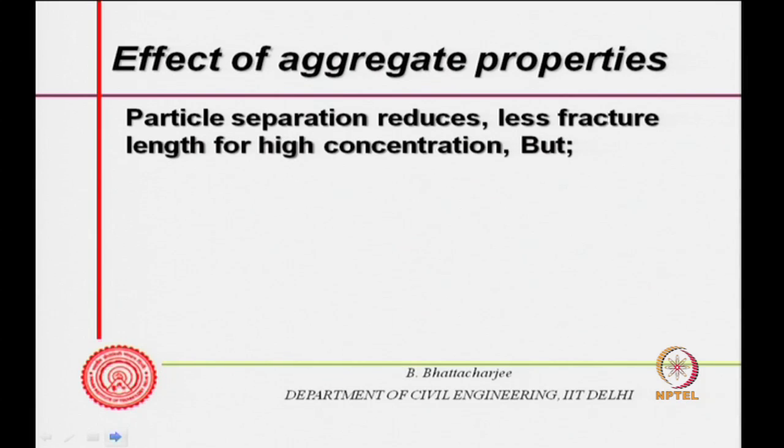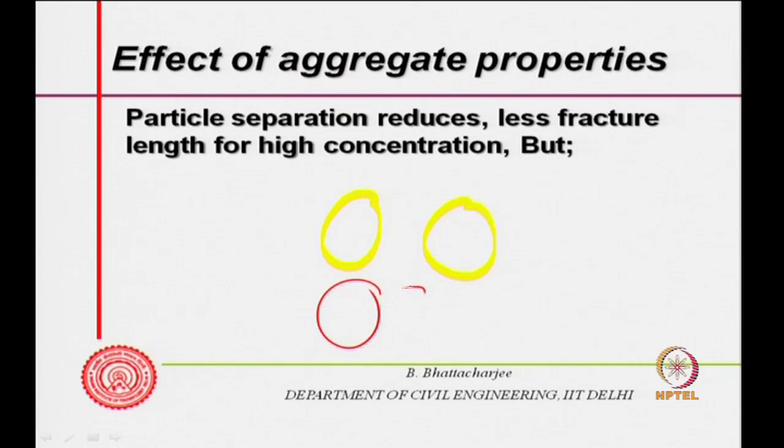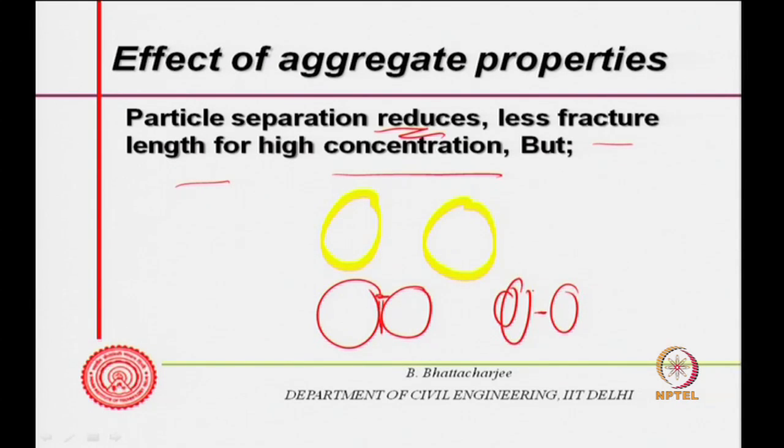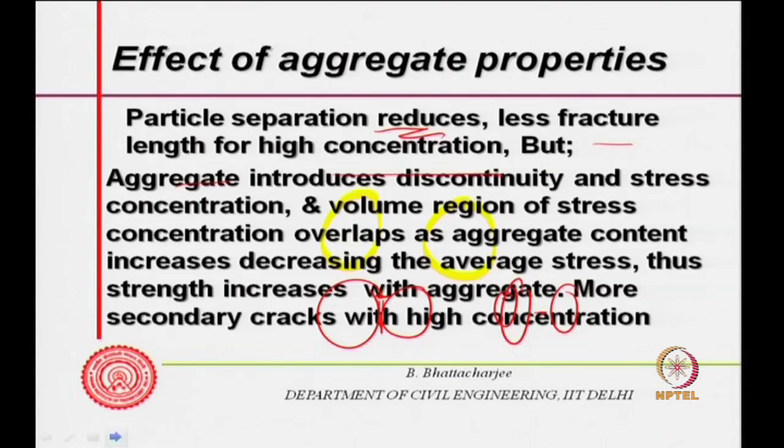Concentration, quantity: how much is the aggregate quantity? Particle separation reduces if I have more aggregate; in one case there is less aggregate and more paste, in another case I have more aggregate. So the particle separation reduces, with less fracture length for high concentration. If you have high concentration, the distance between two aggregates is small, and therefore the fracture length is lower. That is the idea, but the other side of it is that aggregate introduces discontinuity and stress concentration,